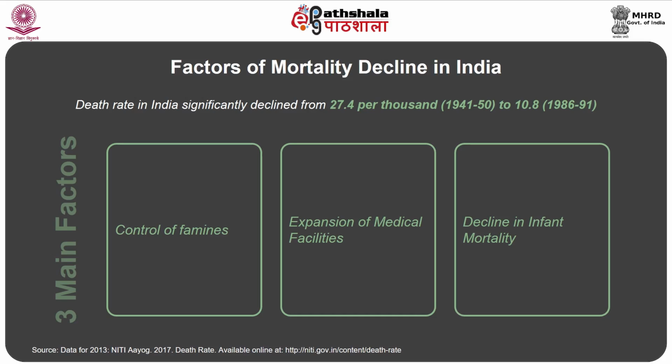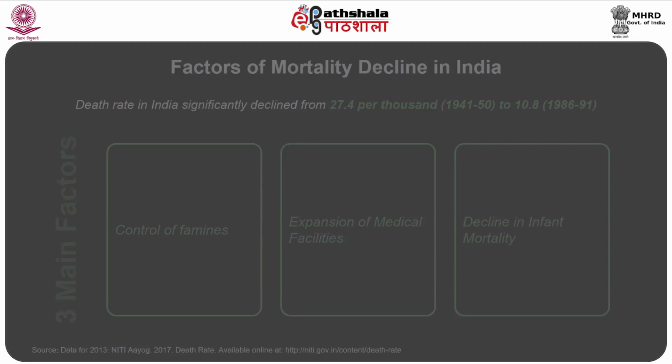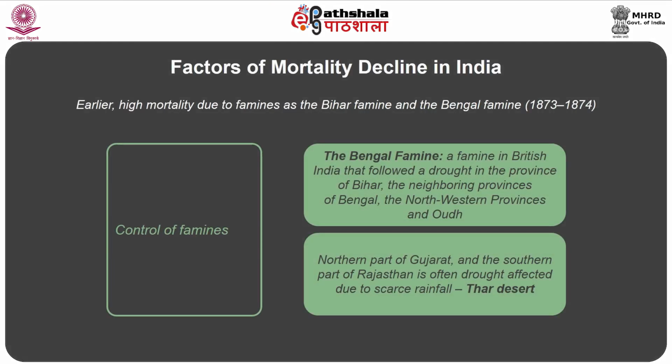This decline in death rate can be attributed to three main factors. What are they? They are control of famines, expansion of medical facilities, and decline in infant mortality. Control over famines, for instance in the Bihar famine and the Bengal famine way back in the period 1873 to 1874,